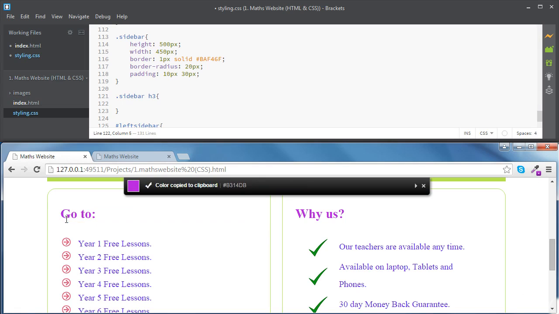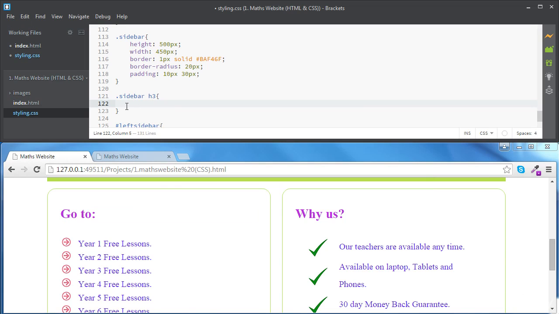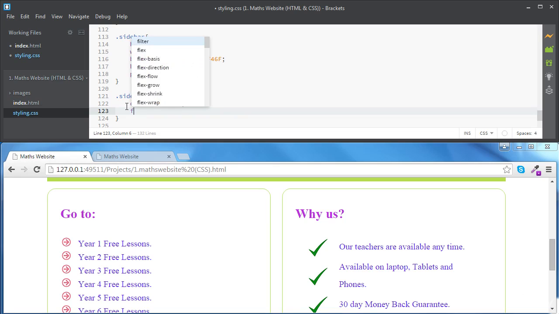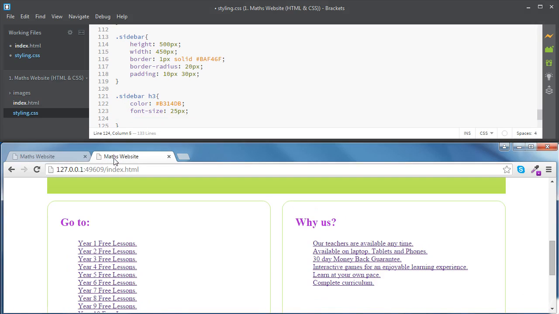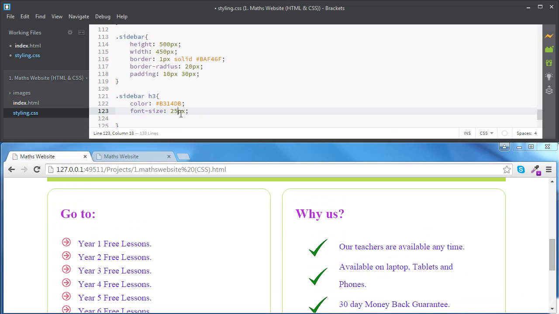Let's pick this one and change the color. Okay, and then let's change the font size. So let's try 25 pixels. Or slightly bigger, 30. Okay, and then